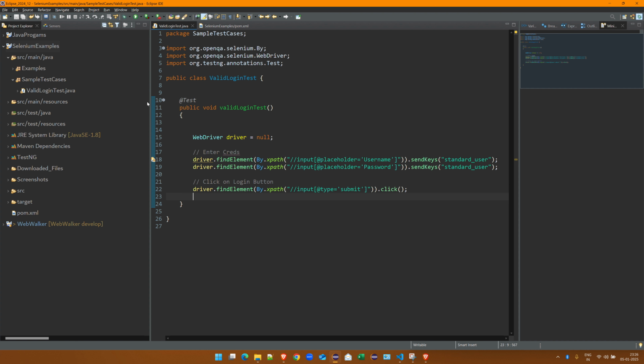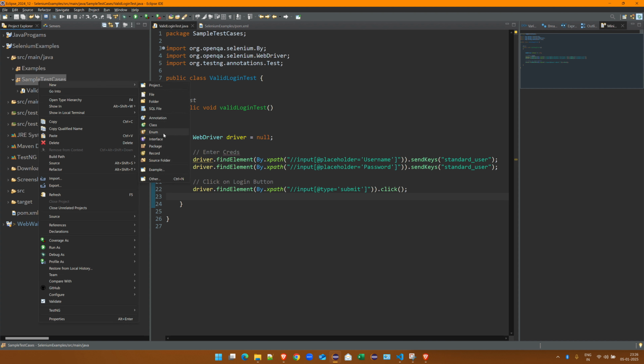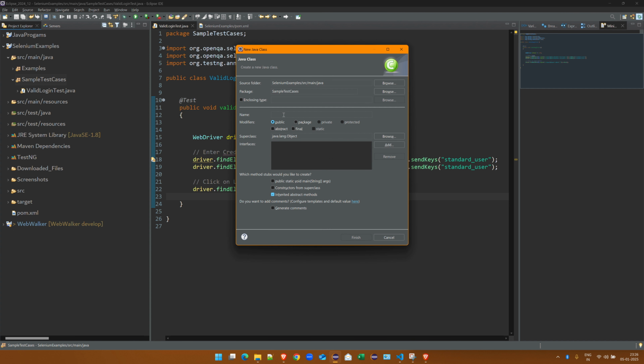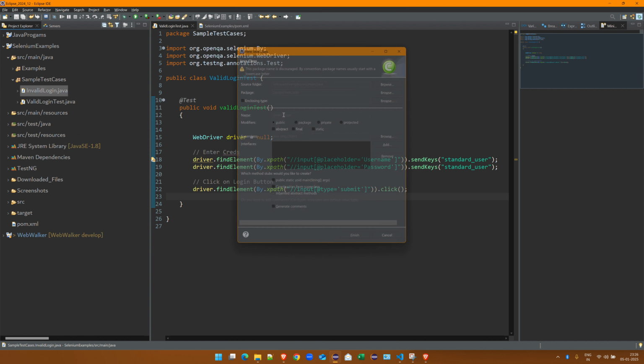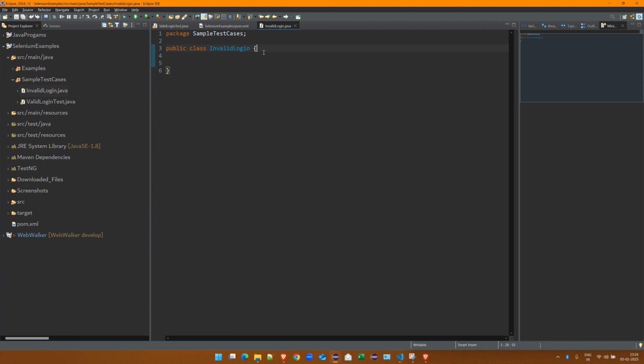Let's create another class, invalid login, right? Invalid login. Okay, and here I would create another public method to test invalid login, public void invalidLoginTest. Say this is the name of the method, and how we would create it, just driver. Okay,